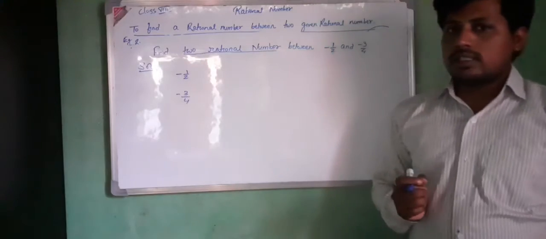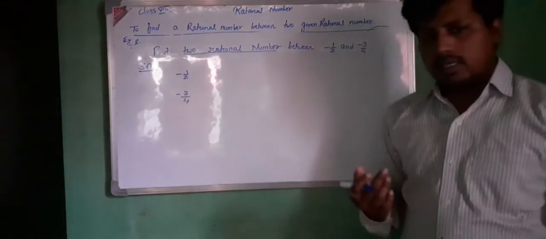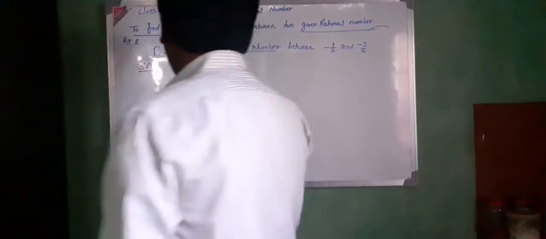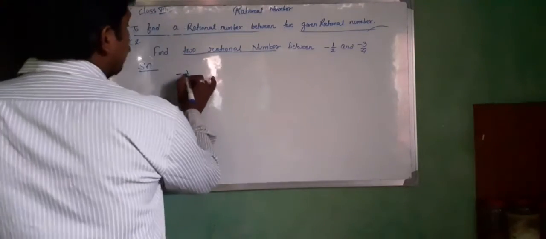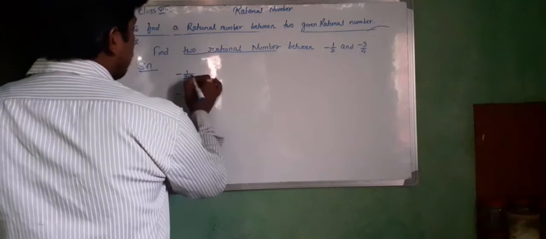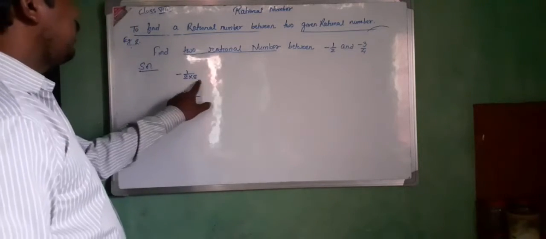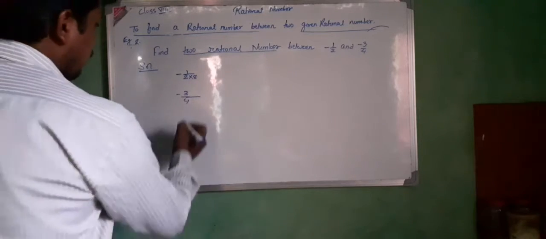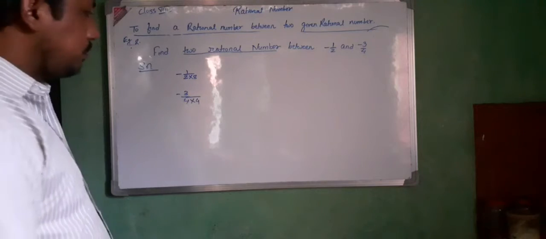To make the denominator the same, we'll multiply by a bigger number, a little bit bigger, not the smaller one, so that it goes to at least 2 digits. So I will multiply here by 8: 2 eights are 16, and if I multiply here by 4, 4 fours are 16.